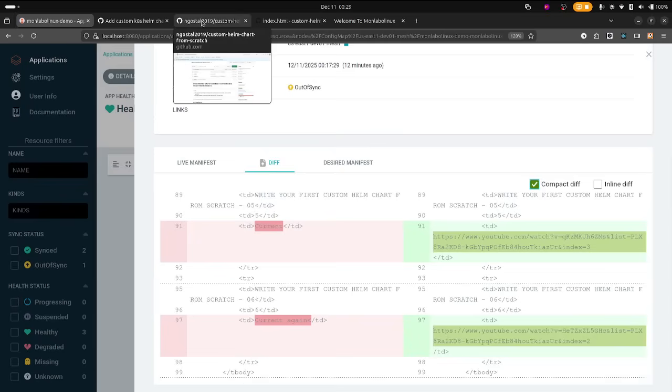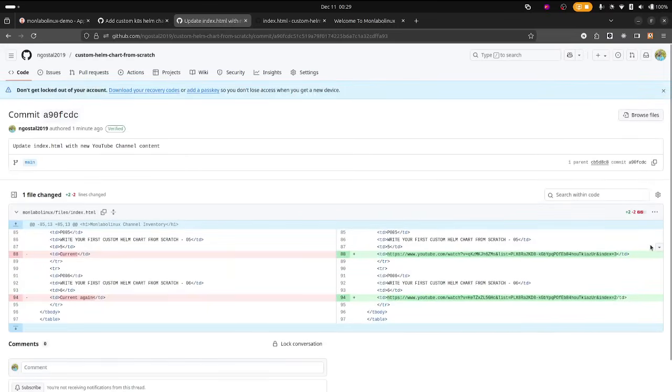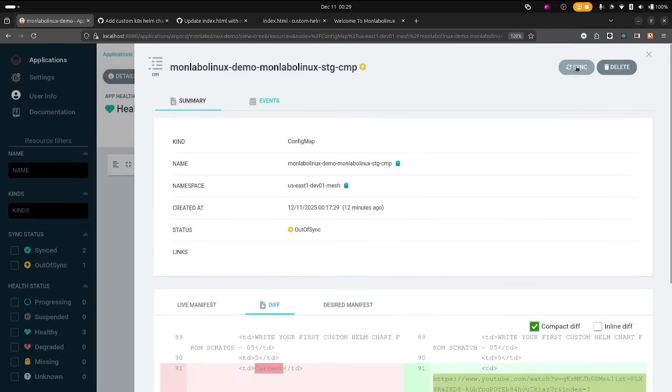Okay, so if I was to come here and refresh this, I pushed that immediately on the main branch, one minute ago. So if I click here, I will see that, yeah, that's the change that I did, and Argo CD is actually checking and seeing that, hey, we have something that got changed, so let's try to deploy that again. Okay, so now I'm going to say sync,